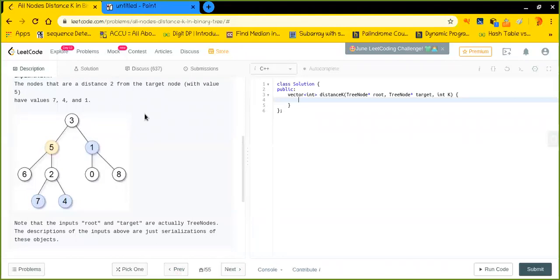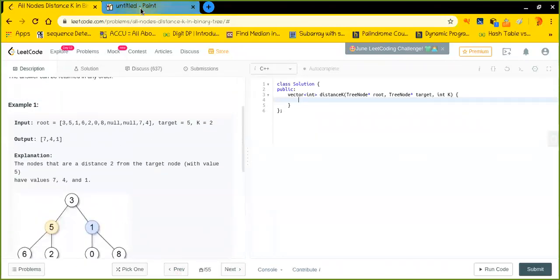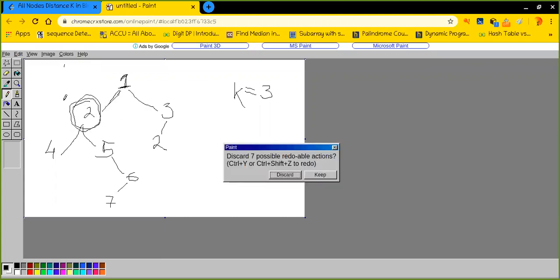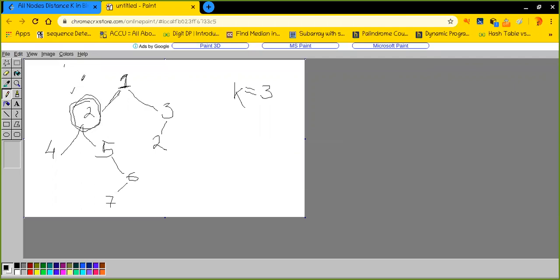Now, I just want you to look into this tree. Let's say this is our binary tree which is given to us, and this is the target node, which is 2. All right, cool. This is the target node, and here k is 3.